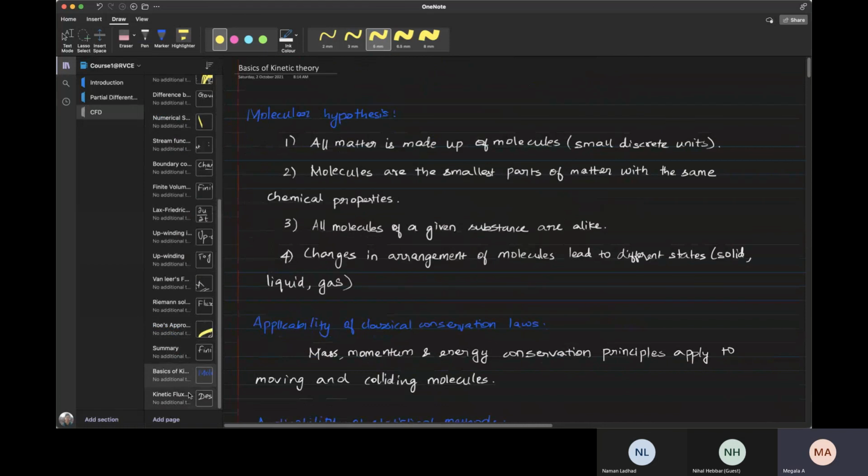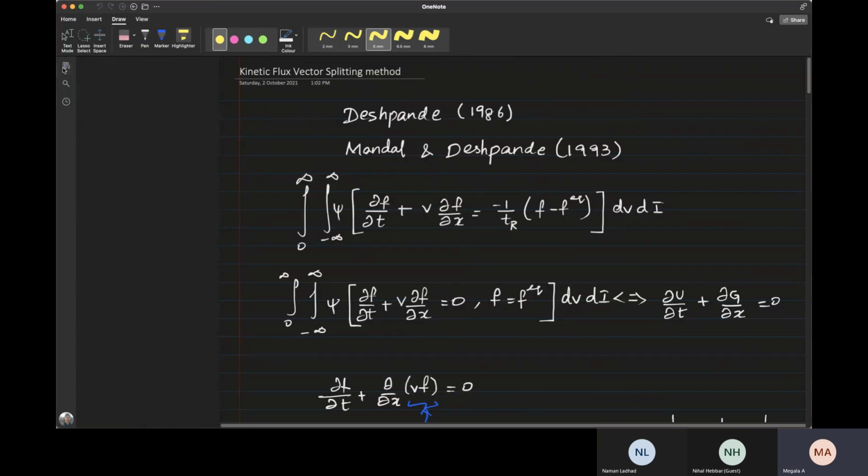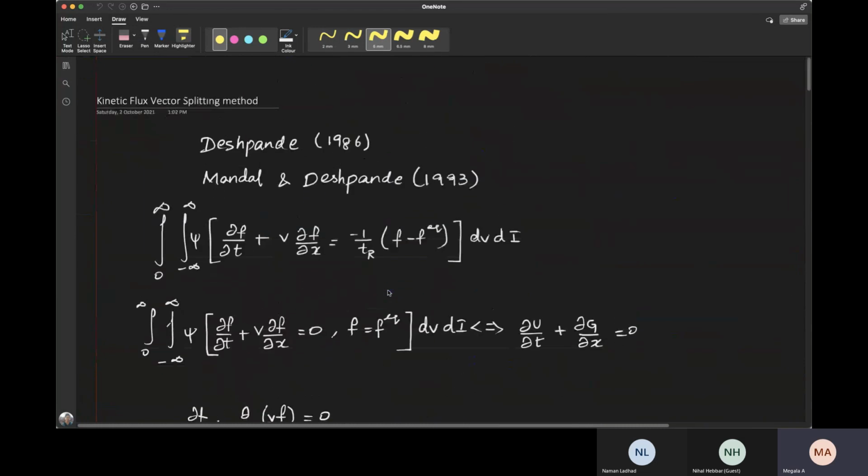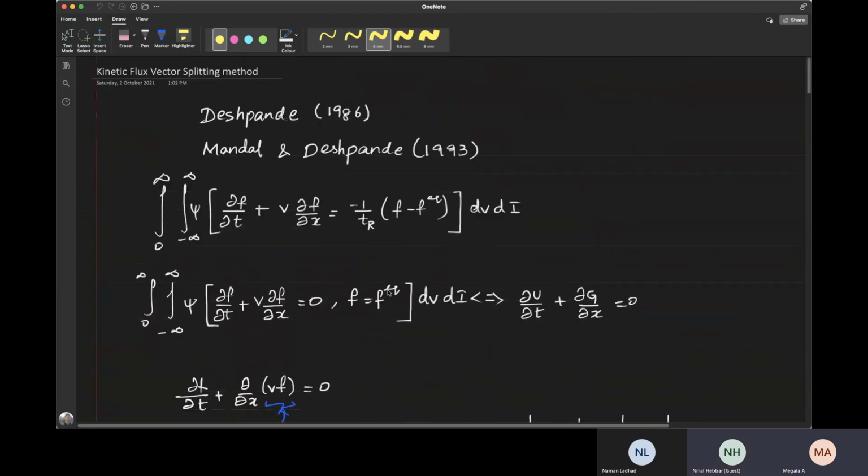Shall we continue or can we take it tomorrow? We have the kinetic flux vector splitting method based on kinetic theory itself. Ma'am, tomorrow what time, if you're taking it? 9 o'clock. Ma'am, our colleges are going to start from tomorrow and we just shifted to the hostel today. It's Sunday tomorrow. Sorry. Ma'am, can we have it next week? Yes, ma'am. I feel we can stop here today. Okay, fine. We can have it next week. Okay. Thank you, ma'am.